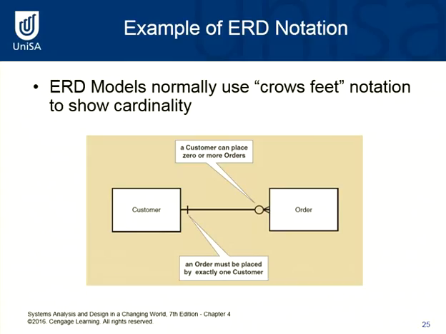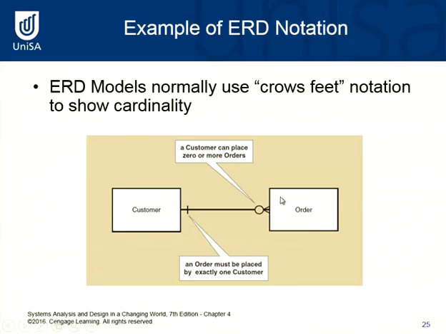So what do they normally show you? Okay, here we have cardinality being shown to show you the relationship between the two entities. So we have a customer and an order, and they use something called the crow's feet notation when we look at entity relationship diagrams. There are different notations that can be used. The authors in this particular case call it the crow's feet notation. The way you read this diagram and the relationship between these two entities is that